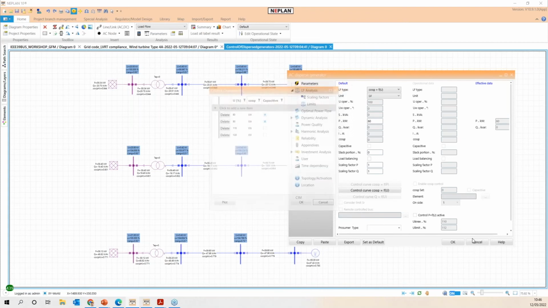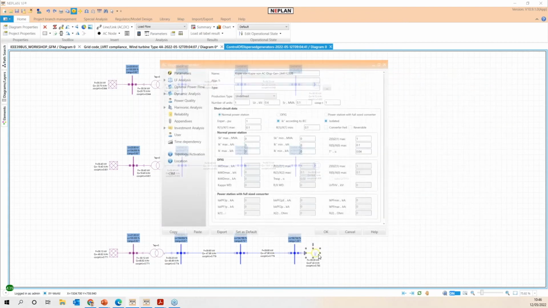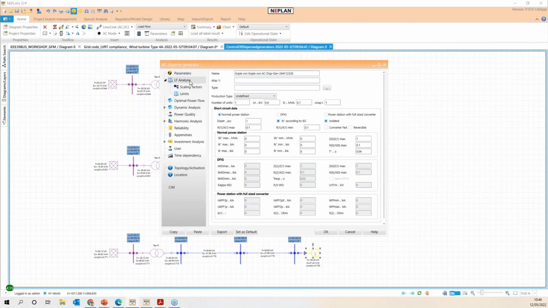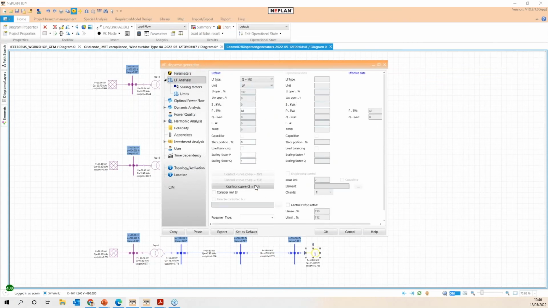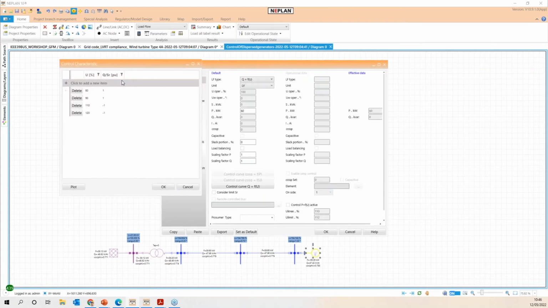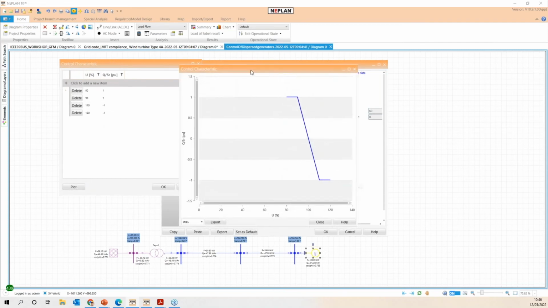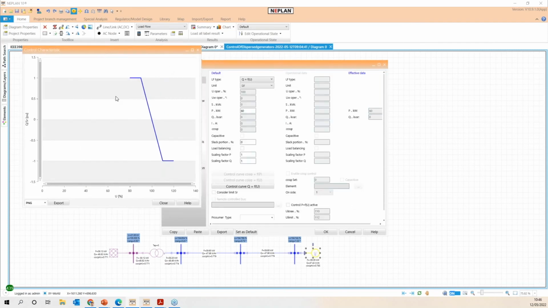Finally, regarding the reactive power management, we can see the model to consider here. This is the reactive power control associated mainly to the typical behavior of the static var compensators, which is able to provide reactive power injection or consumption depending on the voltage level. If we have low voltage, we need to increase the reactive power injection. If we have high voltage, we need to reduce the reactive power injection.